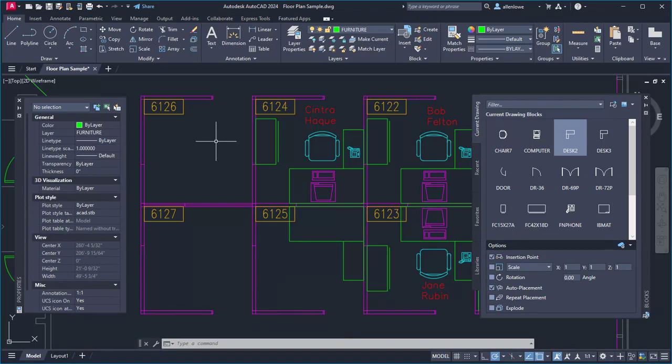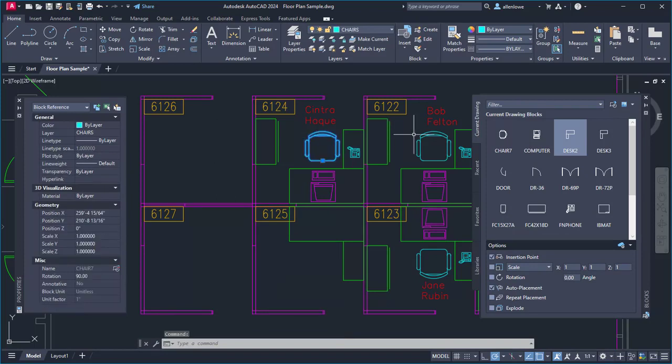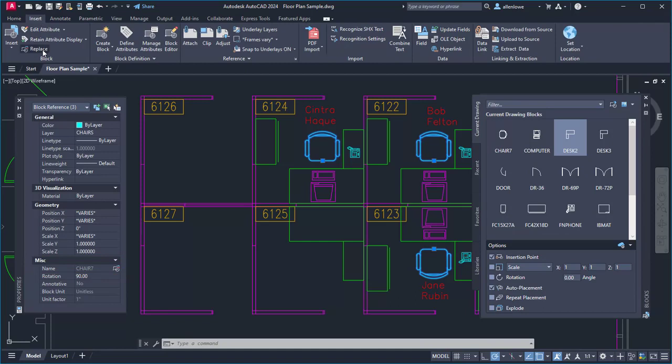It's now easier to replace a block with a similar block. I'll select these office chairs I want to replace. All selected blocks must have the same name. I can click Replace from the ribbon